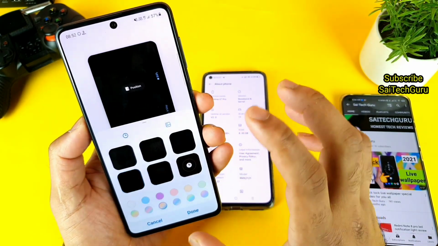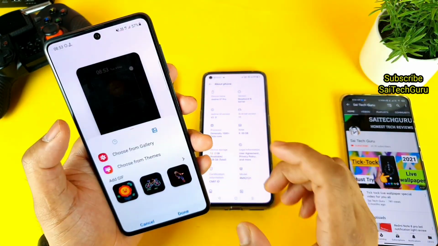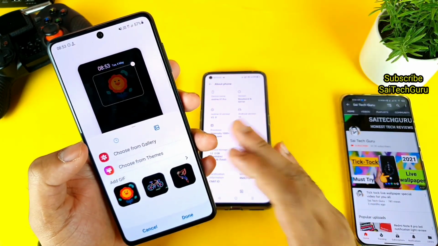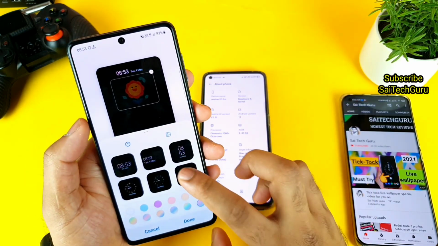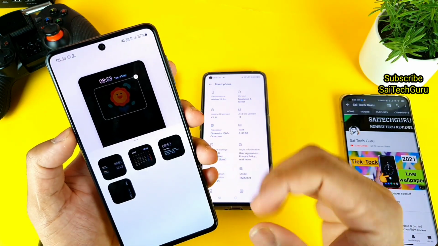So out of this Samsung's One UI, I particularly like 3 things mainly. First is adding the GIF image from your gallery, which you can download and use. And second is having multiple different style modes. Now that is one of the things which is best.